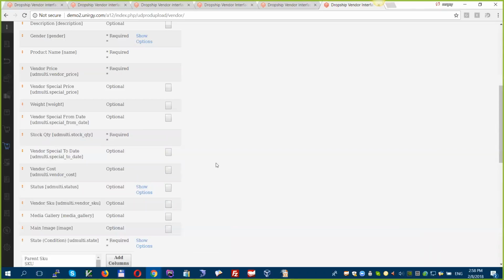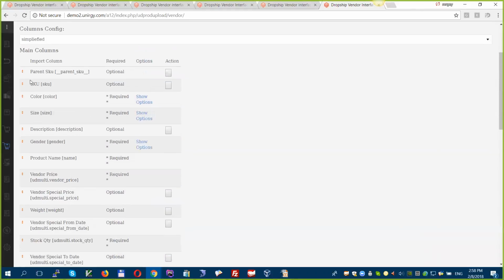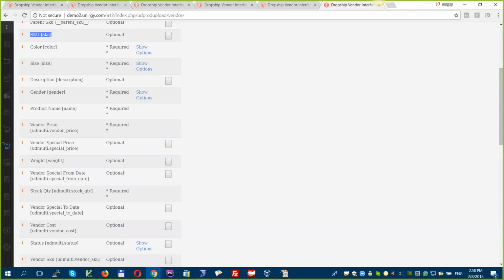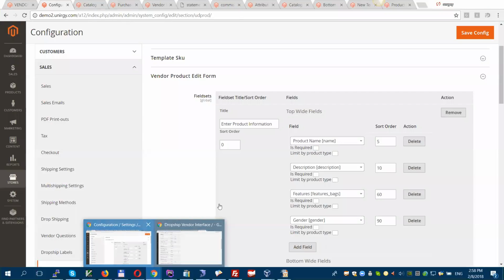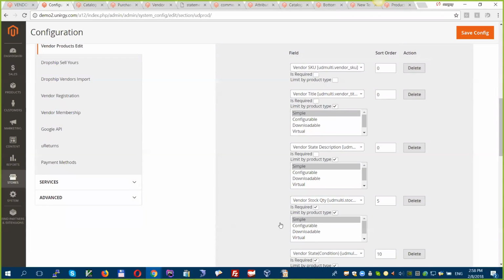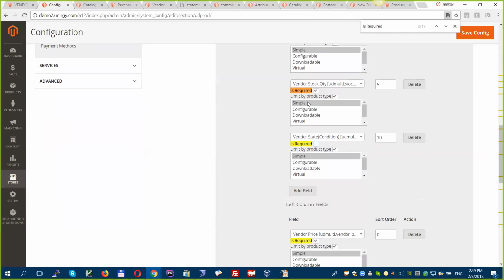For example, when the vendor wants to update only the inventory of a product, he might want to upload only a two-column file like SKU and stock quantity. But these configuration settings require other fields to be here. So you need to make them all not required, and only then can the vendor, for example, okay, I will